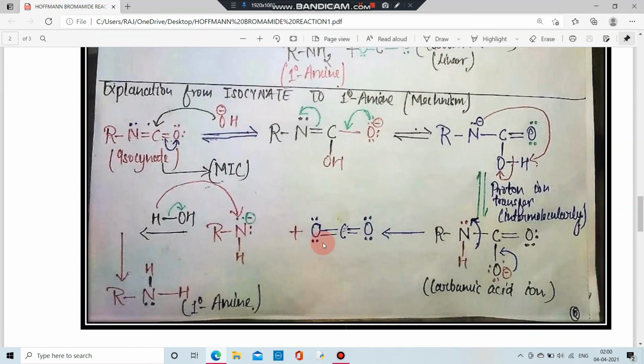Now we have taken another molecule of water. The negative charge on the nitrogen atom is going to attract the hydrogen of this water molecule, and formation of primary amine takes place. So look, this is the primary amine we are getting. But what we have to remember is that in this Hofmann bromamide degradation, a primary amine is formed from a primary amide, but there is a decrease of one carbon atom in the primary amine, and also there is an intermediate formed in the Hofmann bromamide degradation, which is isocyanate, or alkyl isocyanate, which is poisonous in nature.